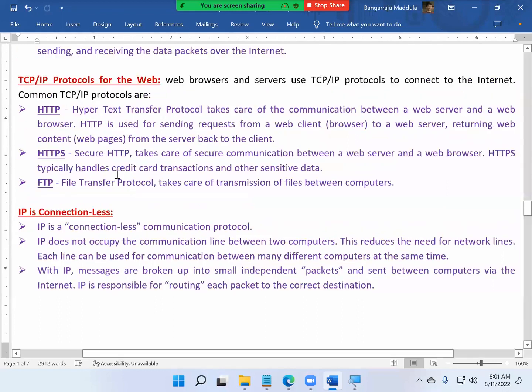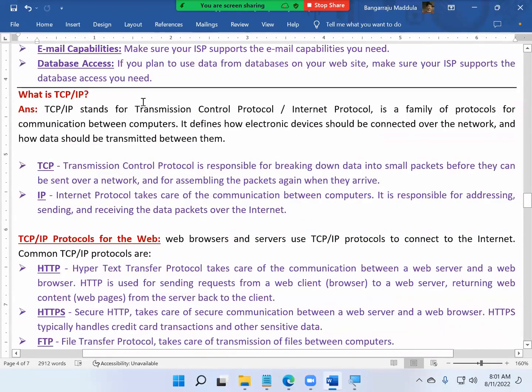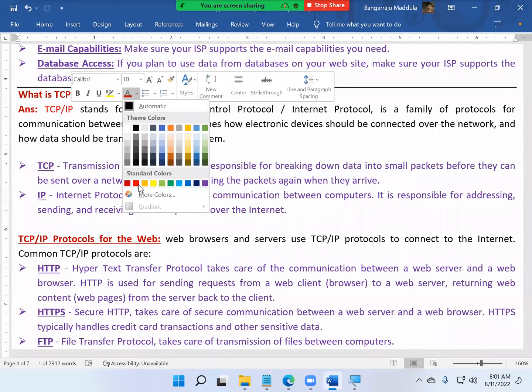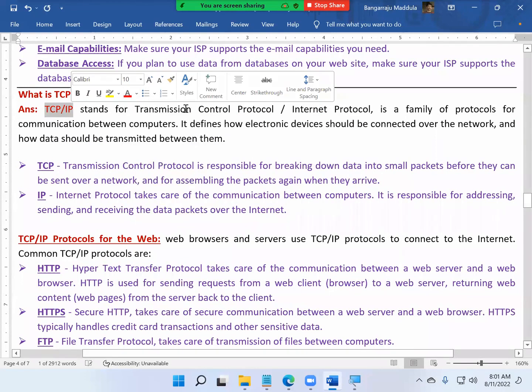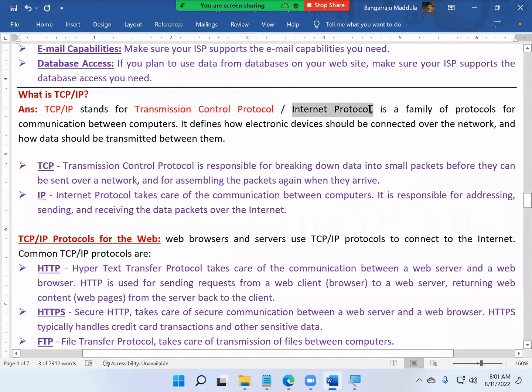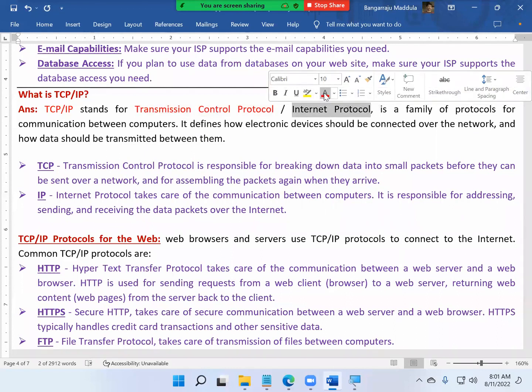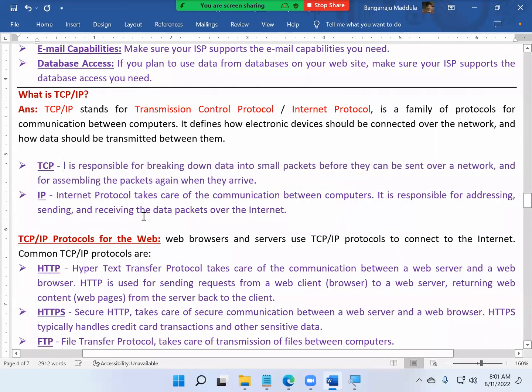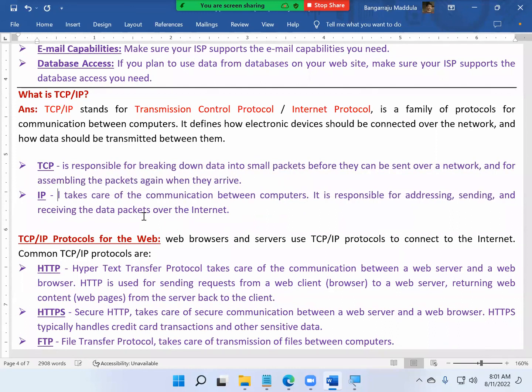It is a postman job. What exactly is IP going to do for you? Its responsibilities of sending, receiving, and all these things will be done by the IP actually. And TCP is responsible for breaking the data and assembling the data back for you on the appropriate machines. That's exactly the role of TCP and IP.